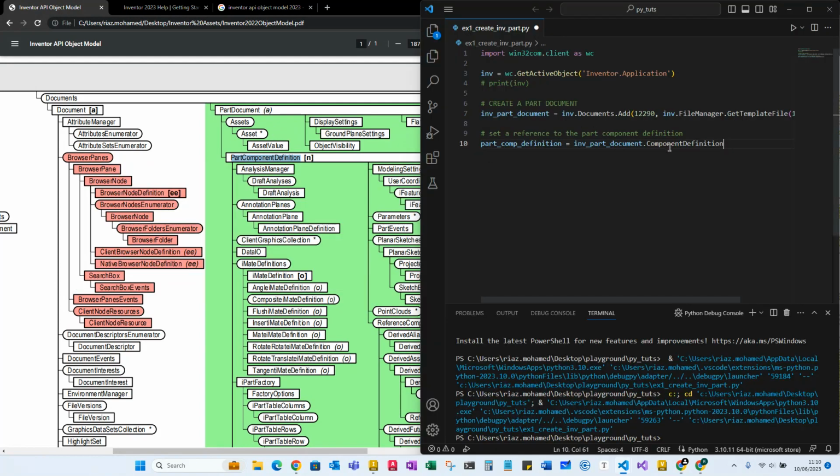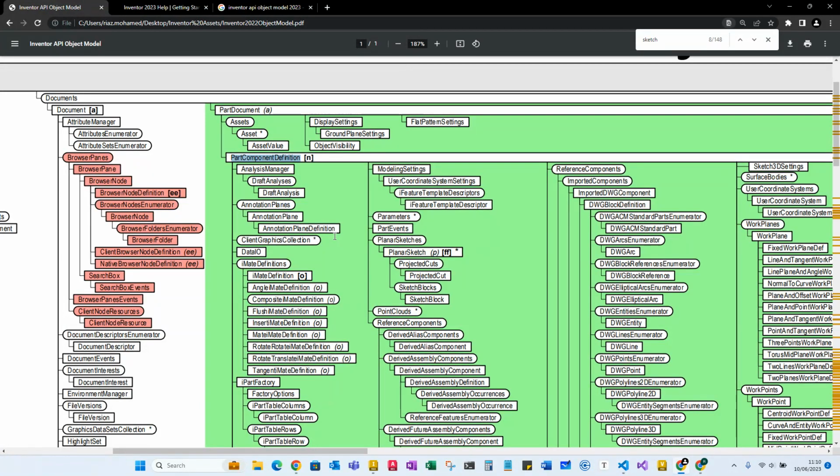But why did I write component definition instead of part component definition? Because that is just the naming terminology in Inventor API. Can't speak this morning for some reason. So what's happening is, inside documents you'll have part document, correct? So you will call documents, and document, and inside document you have part component definition. This is just for us to understand. You just need to remove the word part, and just use the rest of it. So for example,